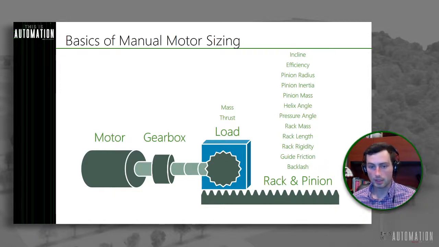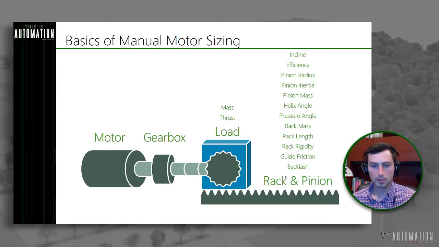So the example we have here on the screen, we've got a motor, which is the cylinder on the far left, some sort of coupling to a gearbox, and then a coupling to a rack and pinion. And that rack and pinion is moving a load. So if we were looking at a manual motor sizing for this application, it becomes somewhat complicated, because this rack